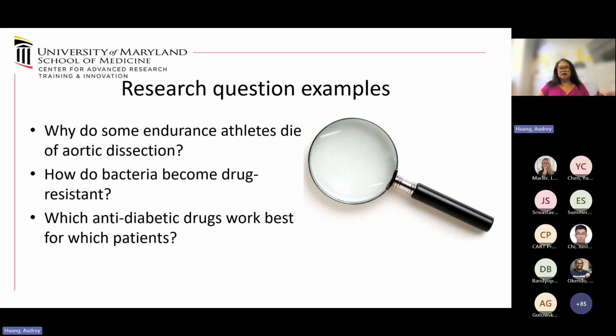So, just some examples of research questions. The reason I do this is that you need to be able to do a big picture research question as well as verbalize your specific, really fine-tuned research question, because you're going to be talking to different audiences in your research career about your work.